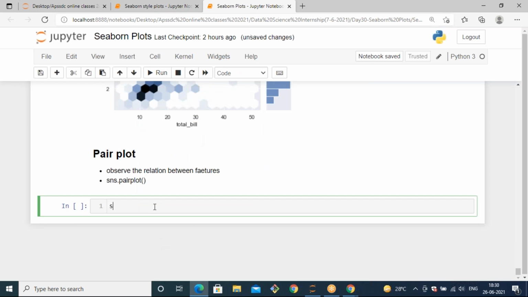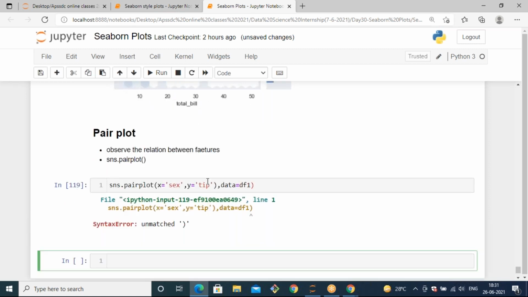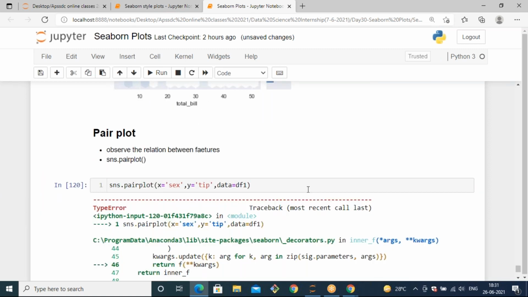Let's see it practically. sns dot pairplot of, you can specify the data. So I'm just specifying x equals to x and y equals to tip, and the data equals to df1. In that case it will raise an error, like a type error.